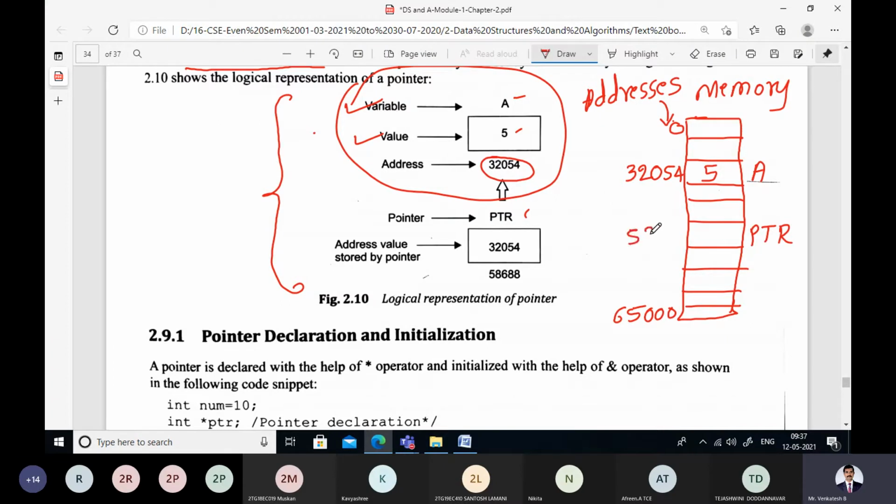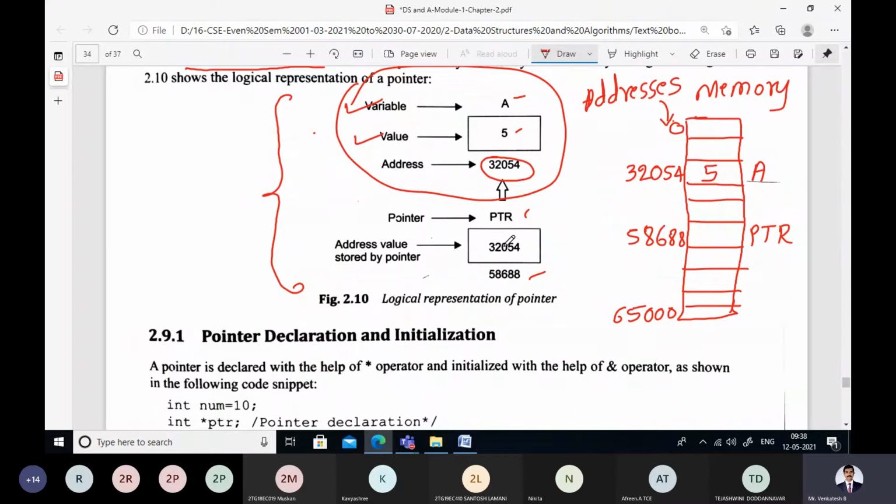The address for this pointer is 58,688. This is the address allocated for PTR. Address of PTR is 58,688.